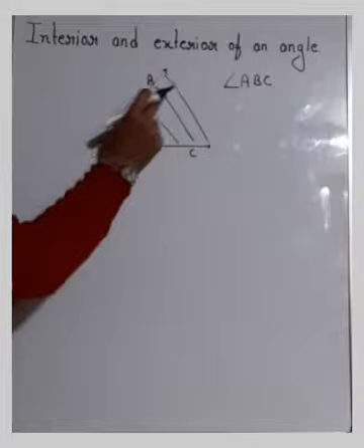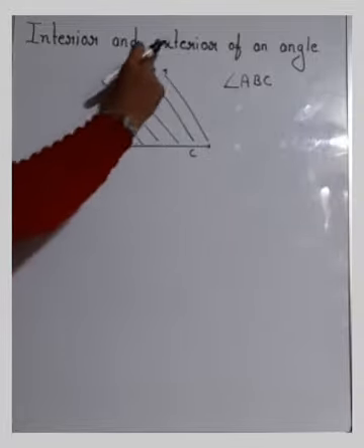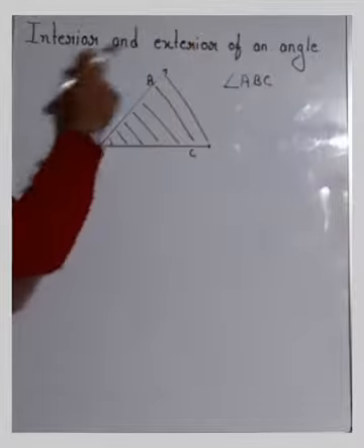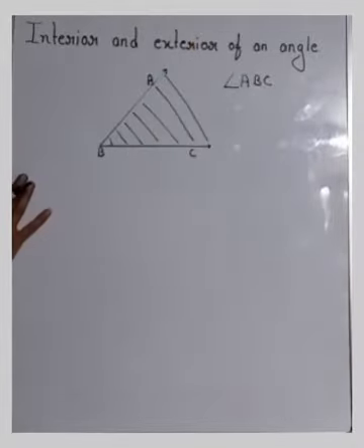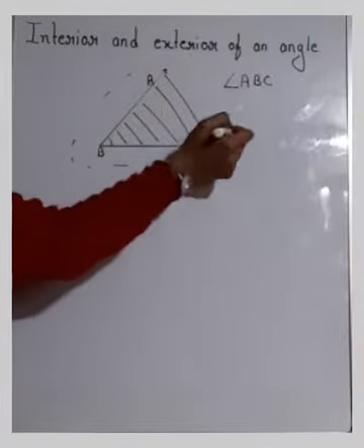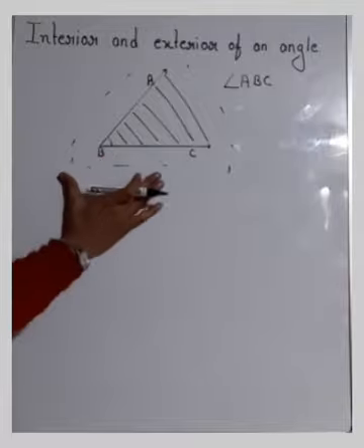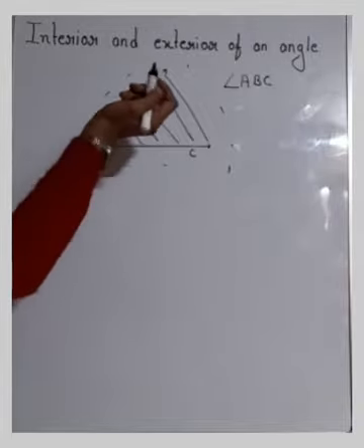So this is known as the interior of angle ABC. Now what is the exterior? Exterior means, I told you that we draw all this on a plane. So the region which is outside this angle is known as the exterior. Now the third is